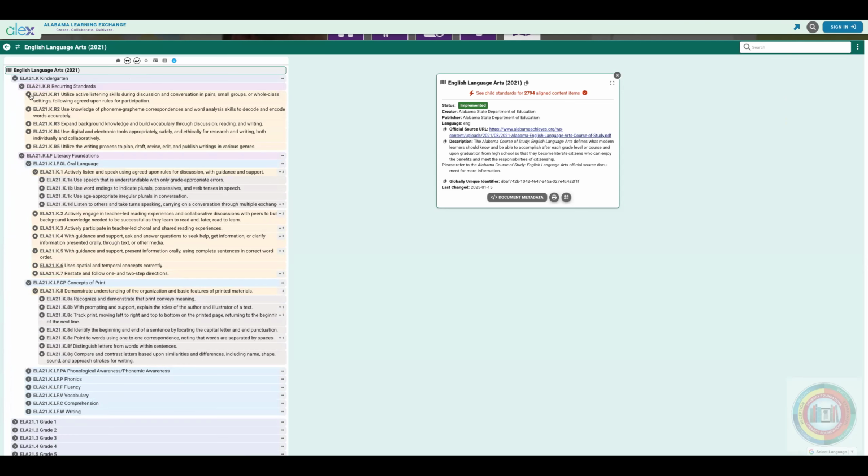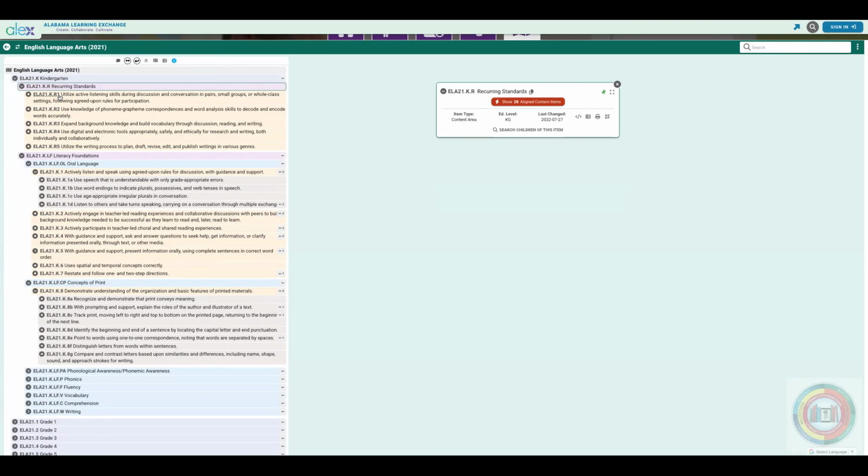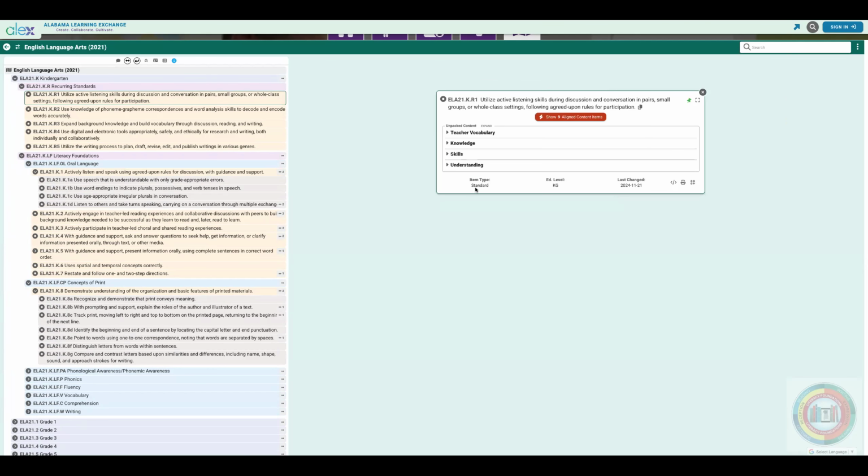And you'll see once I get to the little donut shaped circle within a circle, that's the lowest level. I can't go any further. You'll see that each level is color coded. So we've got grade levels, we have the content area, and then all of the yellow are going to be standards and the gray are going to be substandards.